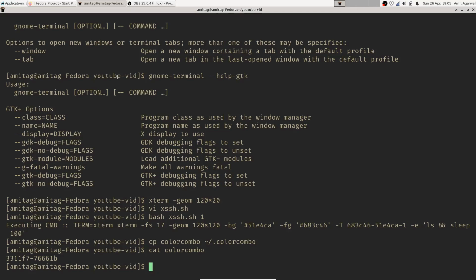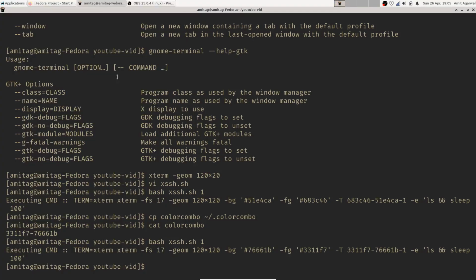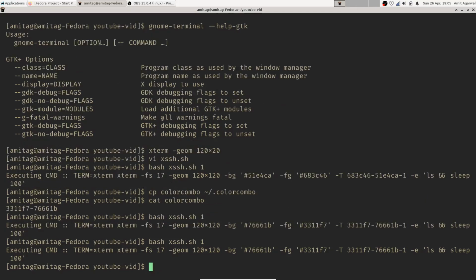hyphen. Now if I run this command again, I will get the same color that I got in the first execution of the command, because the file exists now. It will pick up one random value from the file, and since we have only one color combination there, we are getting only the same color every time that we will execute this now.